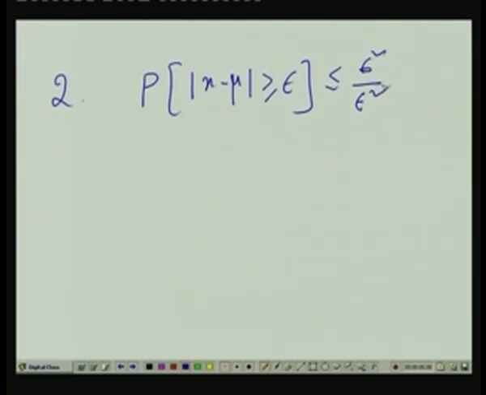This is just a bound, it shows that this left hand side can never exceed the right hand side, but it in no way means that this will be close to sigma square by epsilon square. In some cases yes, but in many cases no. For example,